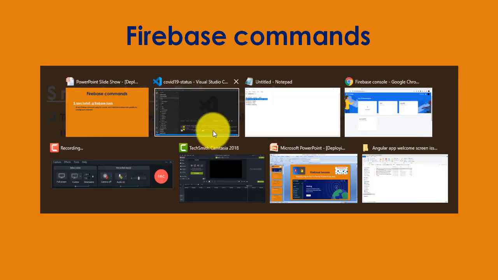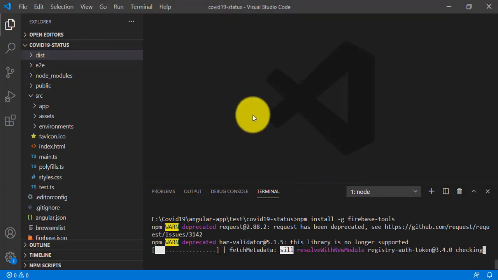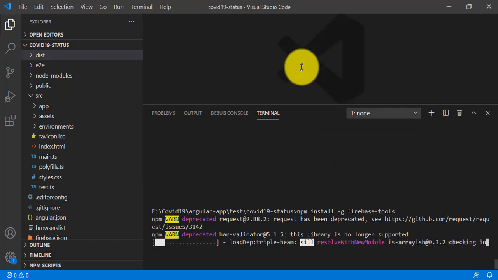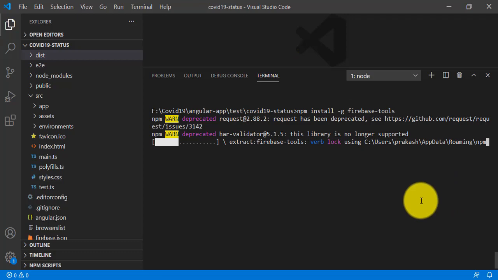So go to Visual Studio Code. What is the status of this executing process? Just make it broader, so it will be visible to you very easily, and it will be understandable.